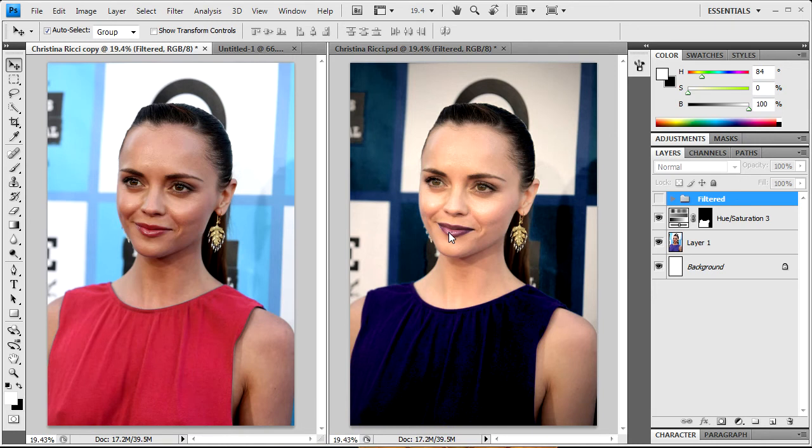This technique is useful for when you want to do subtle adjustments, when you want to have your center thing in focus. As you see here, it kind of brightens up the face a bit. Here the background is very bright and distracts from the object. It's just an example. This is a stock photo I found on the web of Christina Ricci,